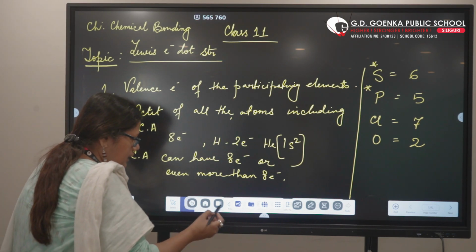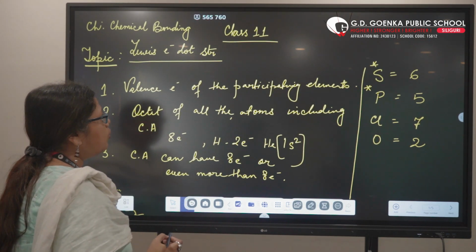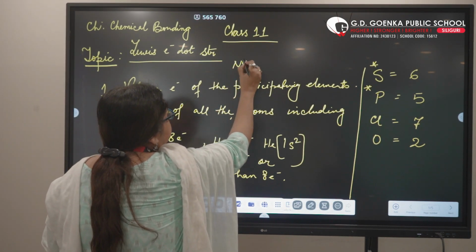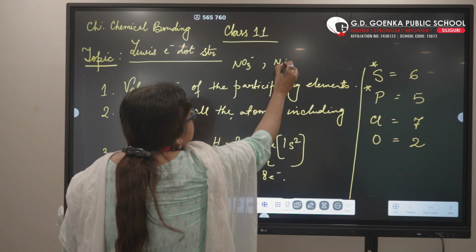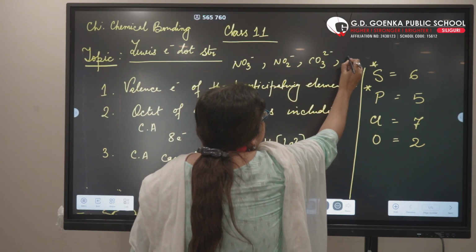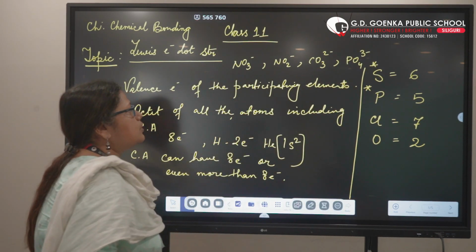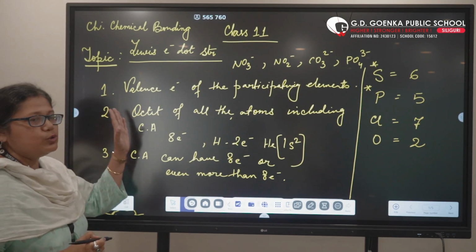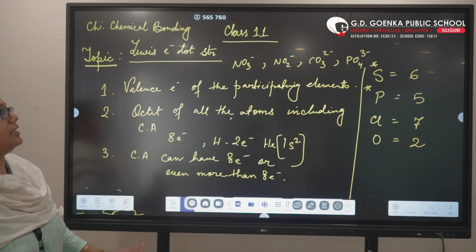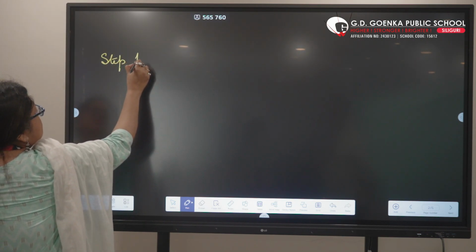So now we will learn how we are going to show the Lewis electron dot structure of the nitrate ion, nitrite ion, carbonate ion, phosphate ion. Let us list the rules. First we are going to take up rule 1, rule 2 step by step in this manner. Now step 1 is